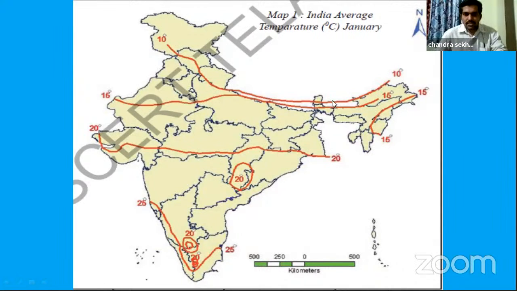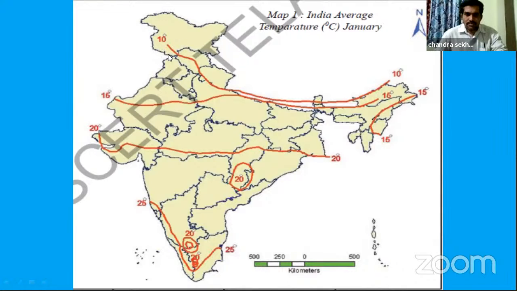The places which are on this red line, in all those areas, the temperature is only 10 degrees at a particular given time, particularly in January. This map shows the temperatures of the month of January. So the 10-degree isotherm is connecting the places having 10-degree temperatures. Then there are 15-degree isotherms and 20-degree isotherms, which are parallel to the Tropic of Cancer. So you can observe